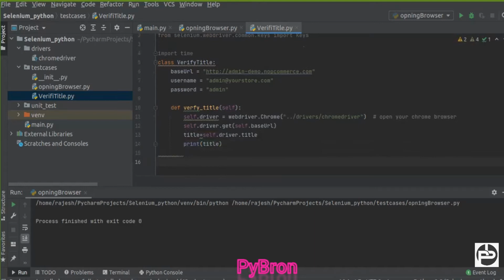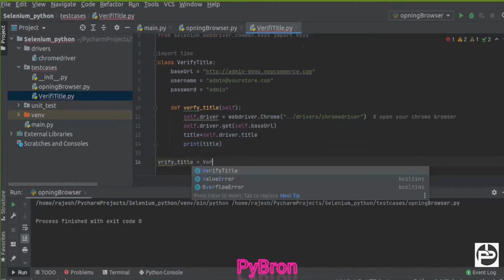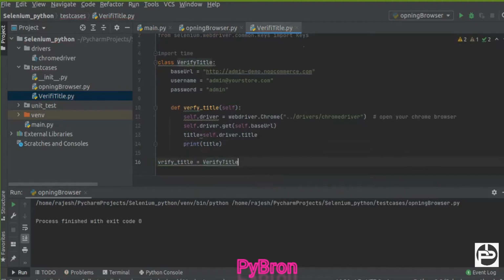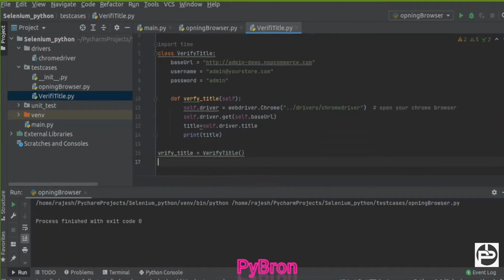And now I'm going to create an object for that verify title class. The name should be very generic. In industry, the names should be very generic, because it's not five or six lines of code that are going to be written in industry. There are millions of lines of code, right? So how can you verify and identify those things? For that, it is very important. Now we created an object. Now we can call this verify. Okay, spelling mistake, right?